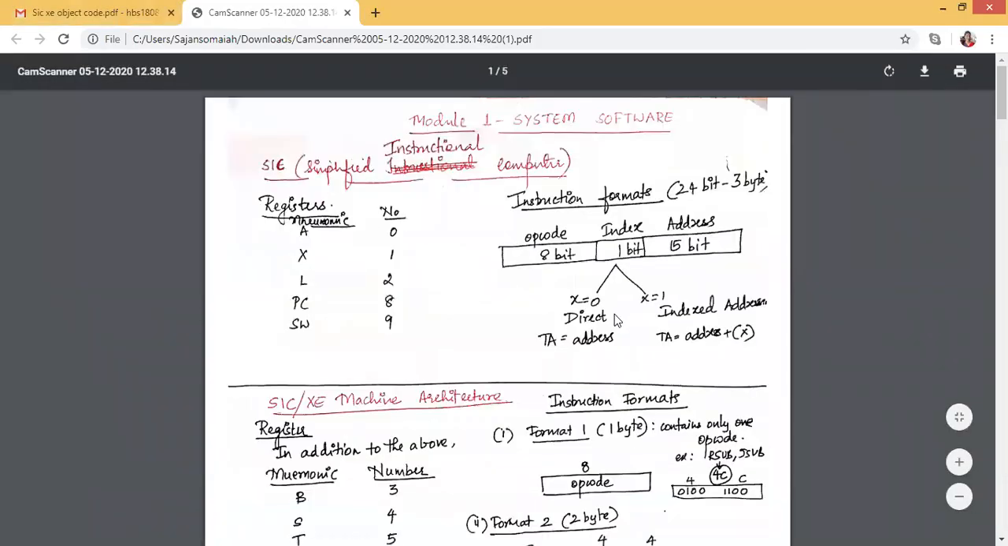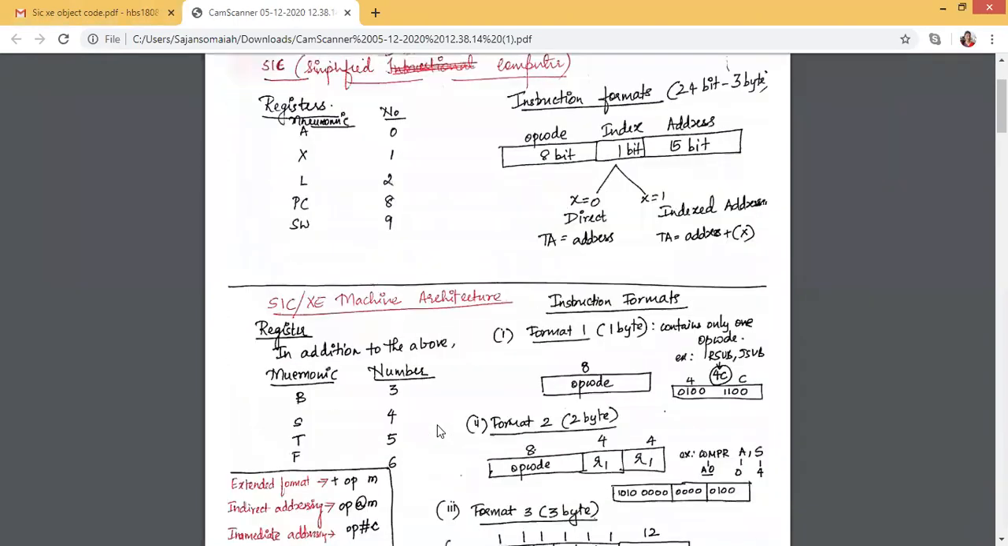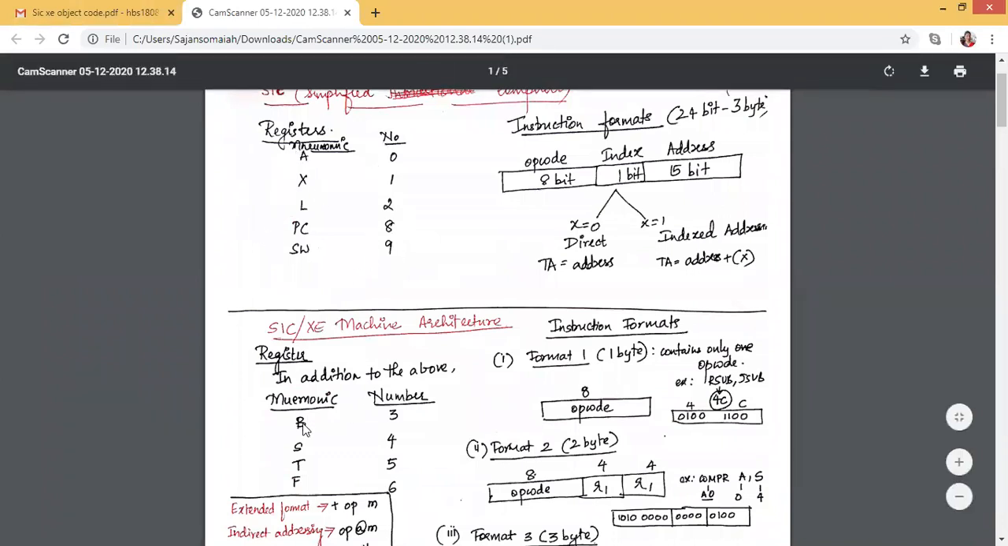Hello students. So today we will go through how to create object code for SIC XC machine architecture. I would suggest you go through the object code generation for SIC and then come to this particular video. Okay. So in SIC XC, along with the registers that are provided in SIC, there are 4